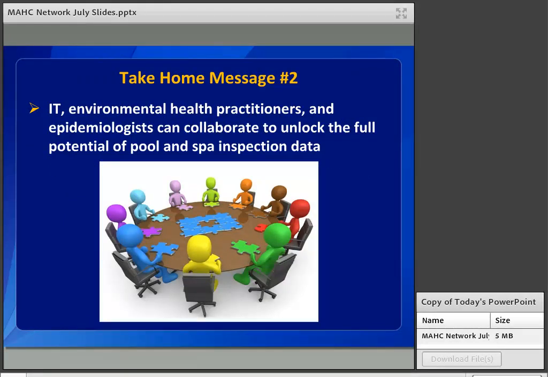So take-home message number 2: our IT and environmental health practitioners and epidemiologists can collaborate to unlock the full potential of pool and hot tub spa inspection data. Our environmental health practitioners bring to the table the inspection experience, the knowledge on how to operate and maintain our public aquatic venues. EPI brings to the table how to analyze data, how to do surveillance, and how to answer